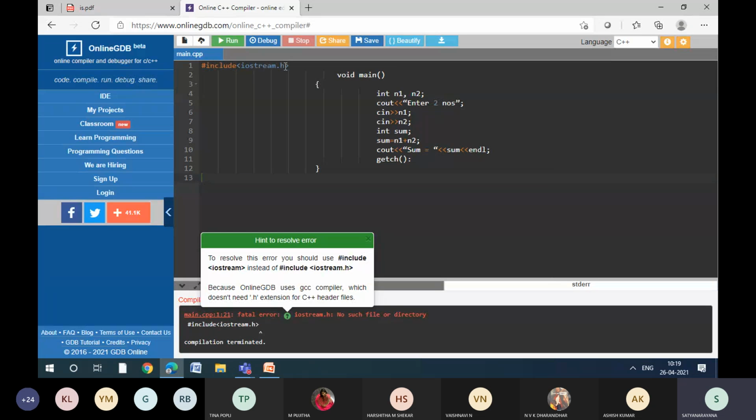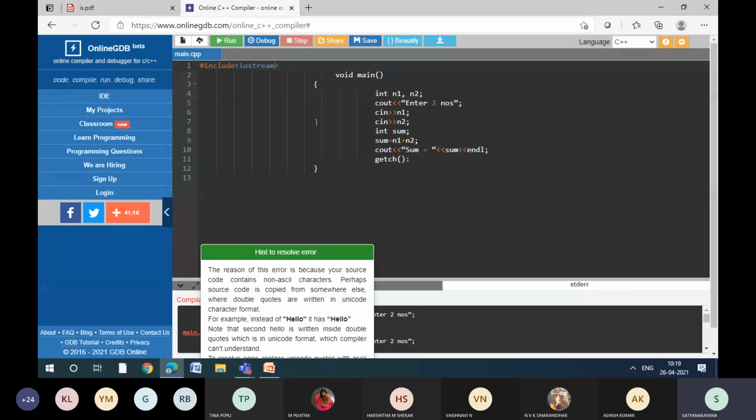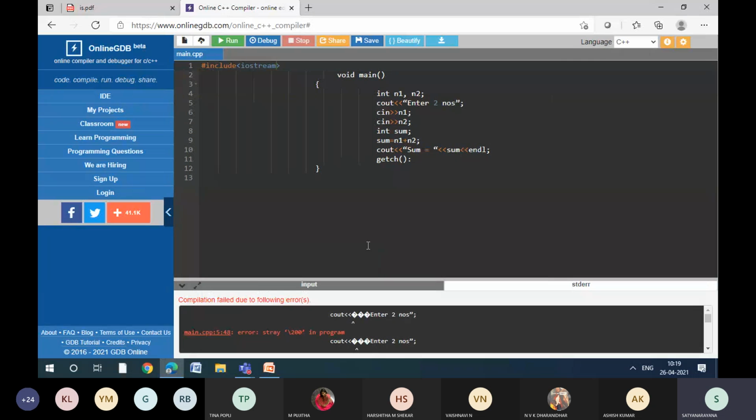Okay. It is saying there is no header file because it's an online compiler. What is the error again? You can also answer, nothing wrong. Why is it giving an error? Any idea? Anybody? What is the error?